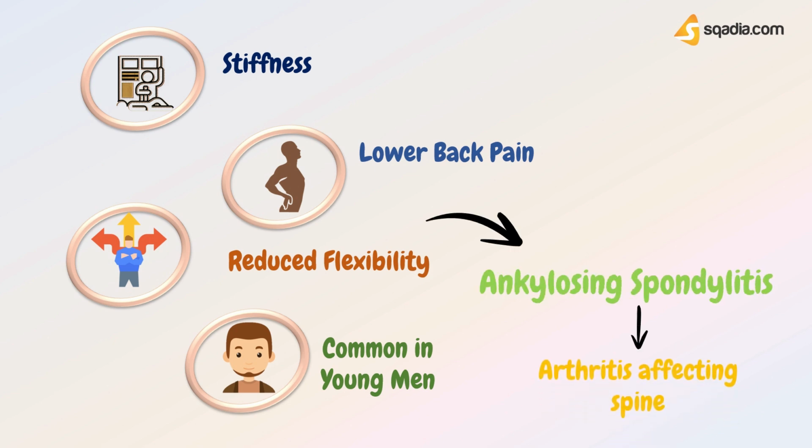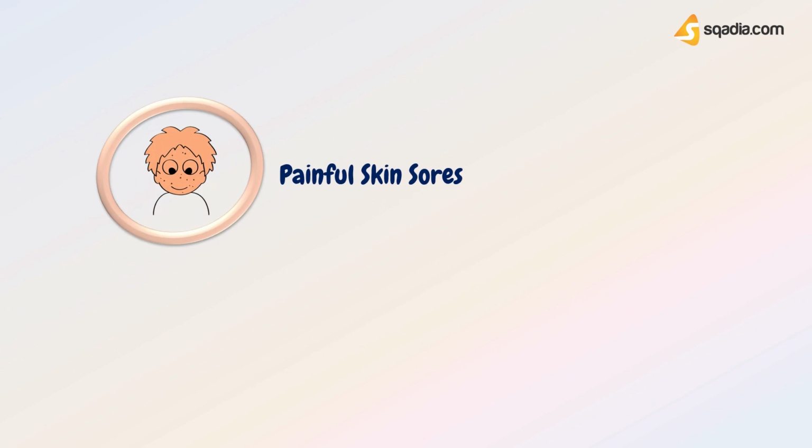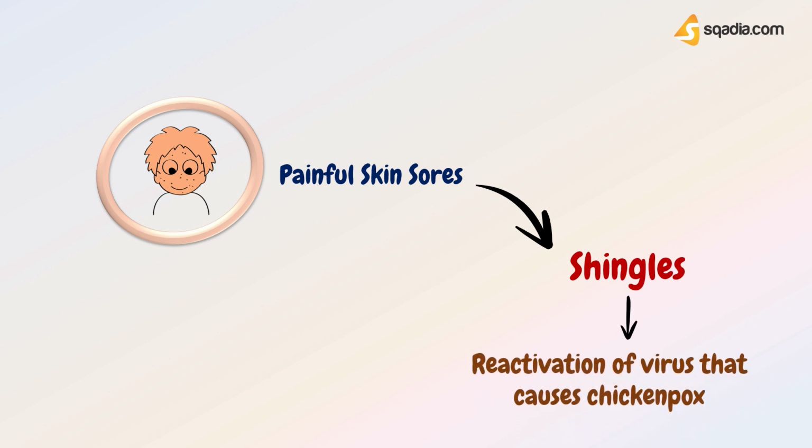Well, ankylosing spondylitis is defined as arthritis affecting the spine. Now, if the patient shows symptoms like painful skin sores, then this might give you an indication that the patient has shingles. Well, shingles is a reactivation of the virus that causes chicken pox,